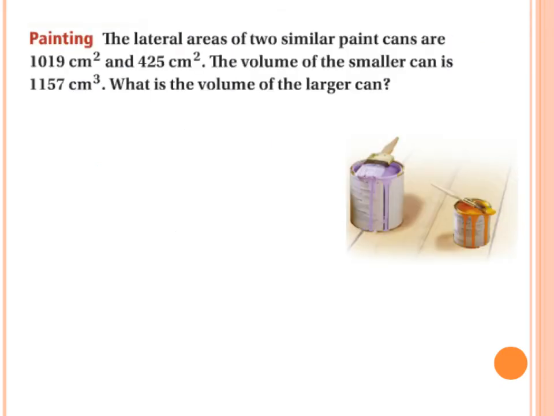Now here's a word problem. The lateral areas of the two similar paint cans are given. I'm given the volume of one, and I had to find the volume of the other. First step you should always do in these problems, find the scale factor. So if I look at this problem, I'm given 2 area ratios. So in order to move backwards from my area ratio, I'm going to write it out,